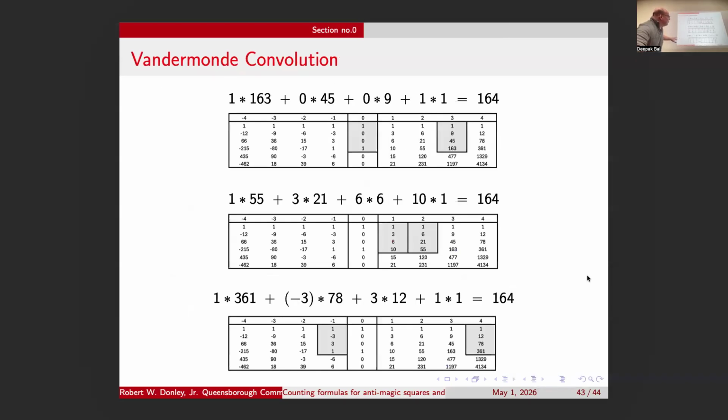And then finally, we have Vandermonde convolution again, and it's the same explanation. The Vandermonde convolution will work for any m and n if you can get the table set up. And then that's